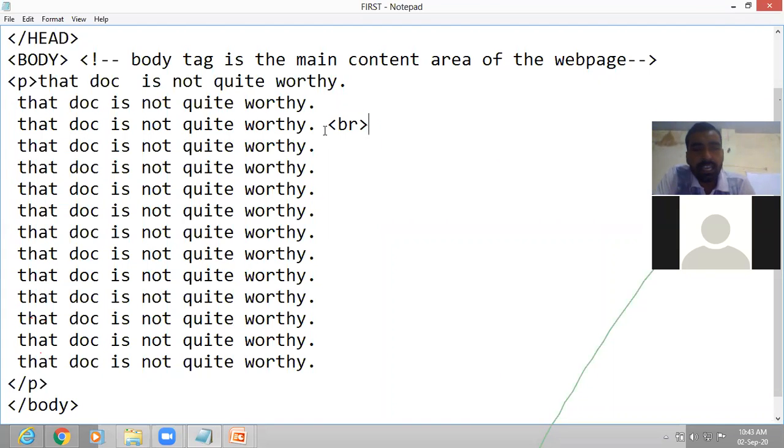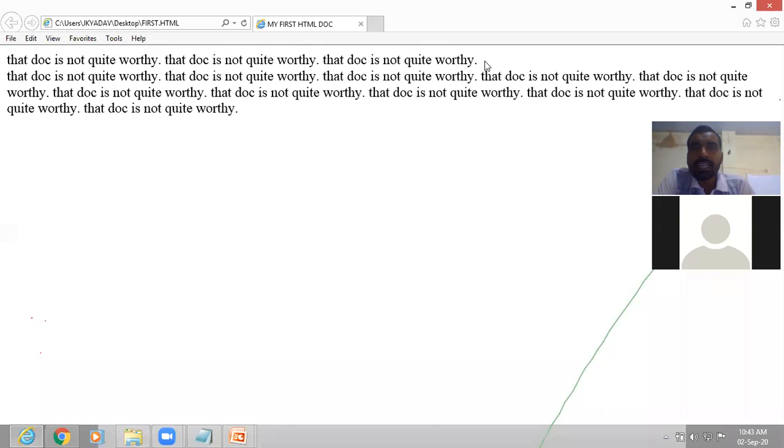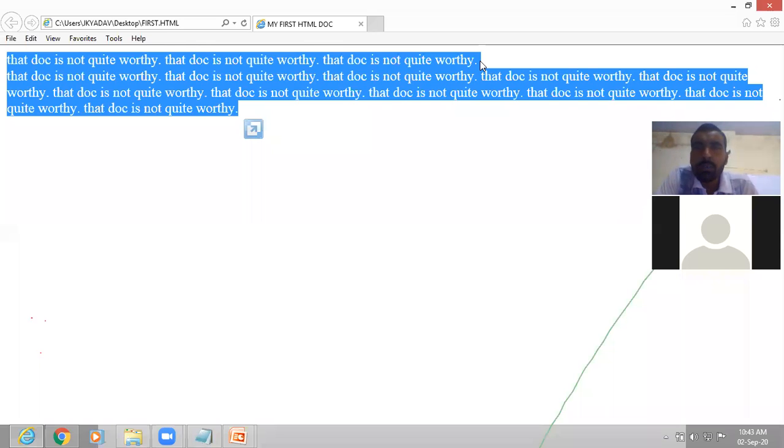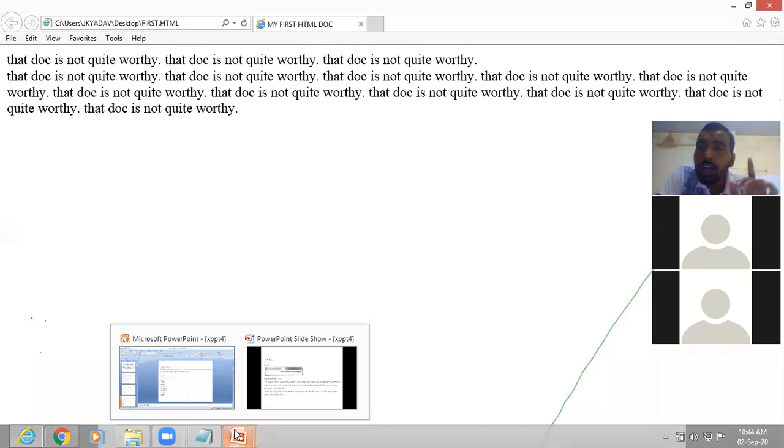Now let me save and press F5 in the output. Press F5 here and you can see the change. See here, the line has been changed from the 4th part of the text. In the same way, anywhere in between you want to change the line, at that place we can use the BR tag. That stands for line break, or you can say break rule. And remember, it is a non-container tag. BR is a non-container, or you can say an empty tag.